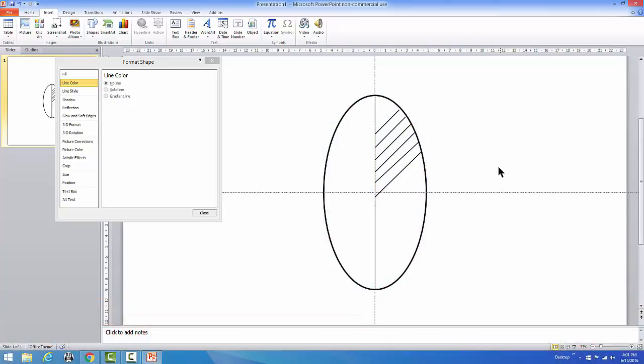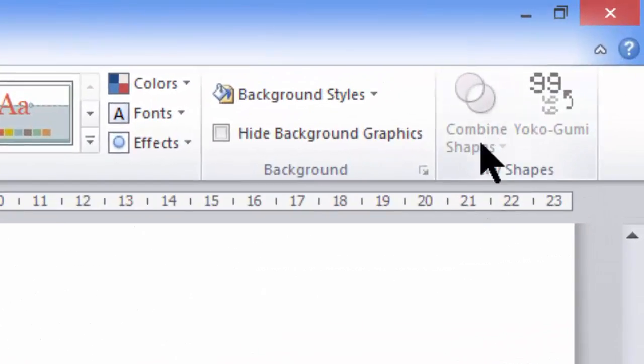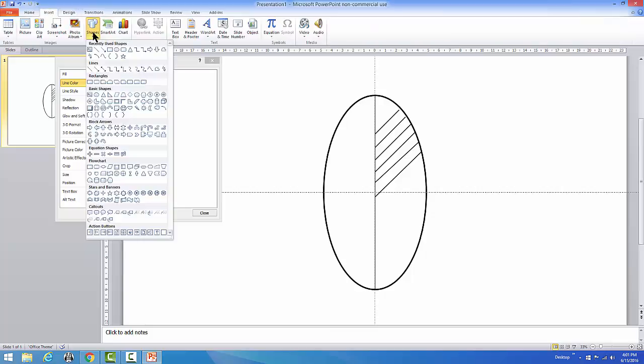now there is another handy tool here. I've placed mine on the design board here. It's called Combine Shapes. Now I'm not sure if PowerPoint comes with that already installed, but if you need to learn how to place this on your canvas, let me know and I'll show you how to do it. But what we want to do here is we could take a shape such as